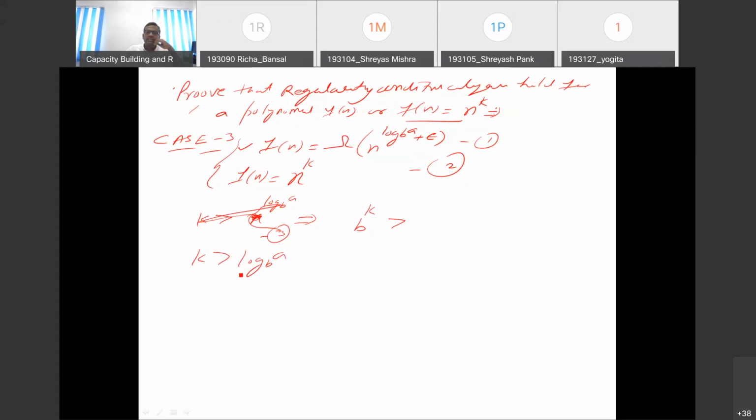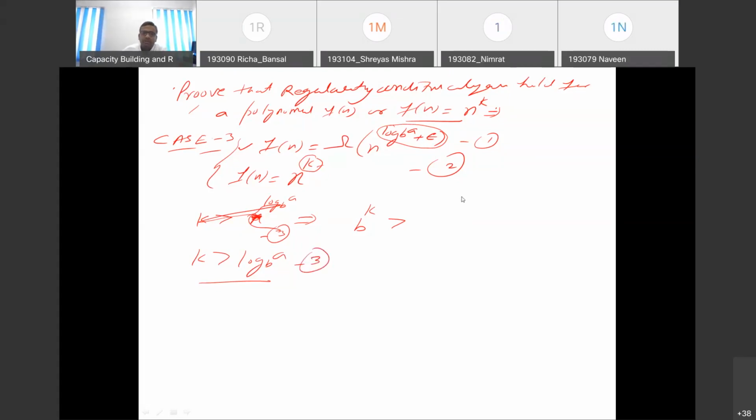So k is greater than log a base b. अरे इन दोनों से पता लग जाएगा ना, ये वाला और ये वाला, ये इसके इक्वल है. k is equal to log a base b plus epsilon. Then we can say that k is greater than log a base b. बेटा इसमें किसको डाउट है, किसी को? ये जो मैंने अभी अभी लिखा है